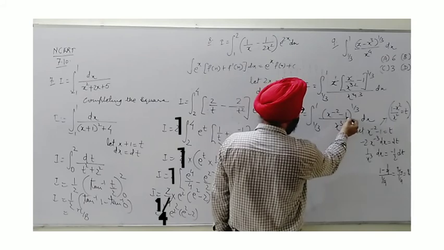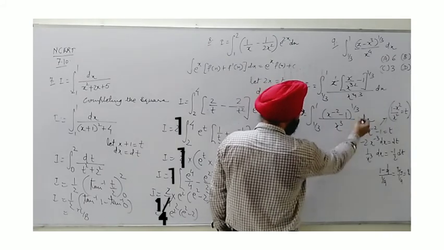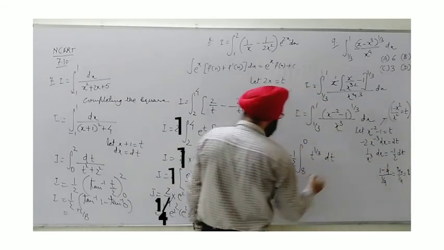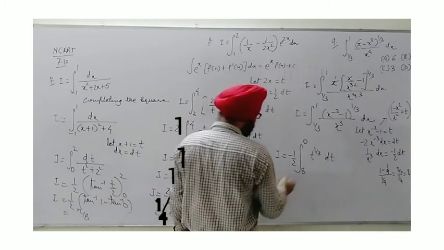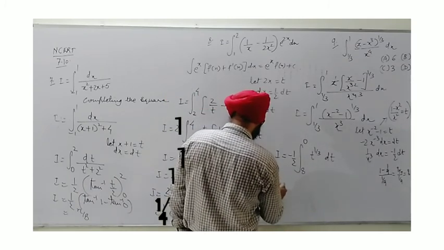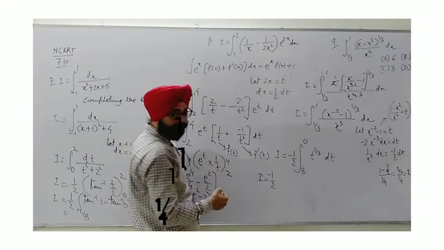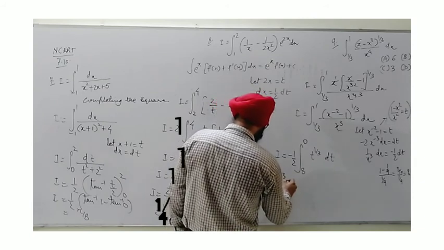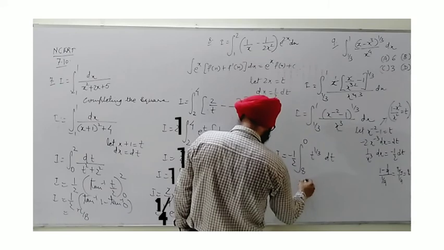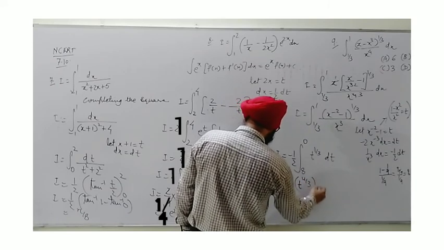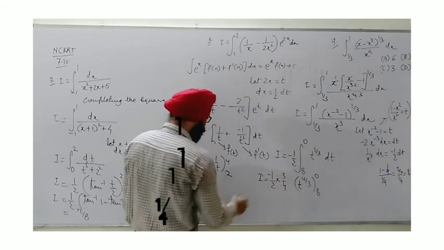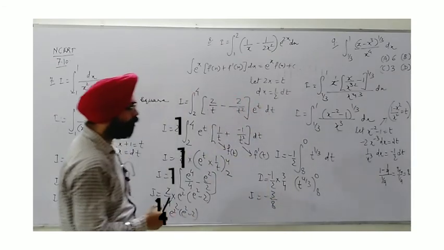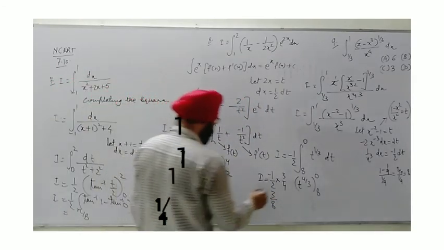So very conveniently we can say this whole is t raised to the power 1 by 3, dx upon x cube. We have seen this is already minus half dt. And now this is integrable directly. We see 1 by 3 plus 1, t raised to the power, and in the denominator the same. We get 4 by 3, meaning 3 by 4, and t raised to the power 4 by 3 with limits 8 to 0. We have I equal to minus 3 upon 8. Further, we need to put the limits.